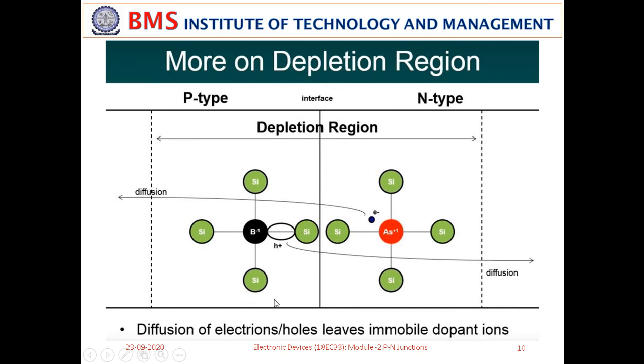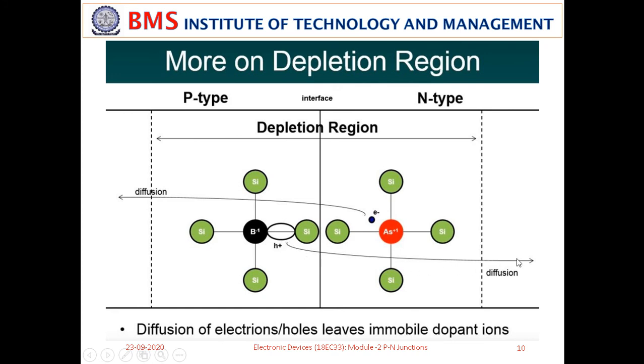In the p-type semiconductor you are seeing again silicon atoms in a lattice, with a few atoms considered here. This is an impurity atom, boron, which we have taken as an example. This is a column 3 element of the periodic table, so it is trivalent, and it forms covalent bonds with 3 adjacent silicon atoms. Since one empty position is left out, that is a hole. Every boron impurity added creates one empty position.